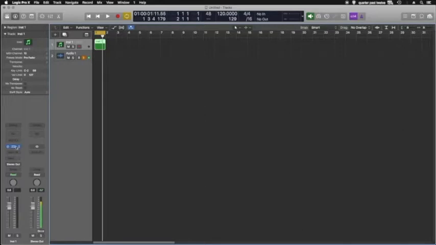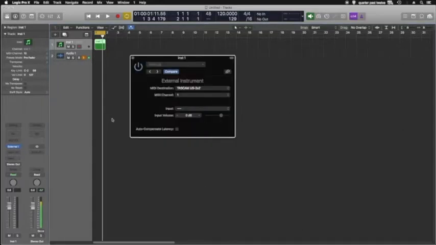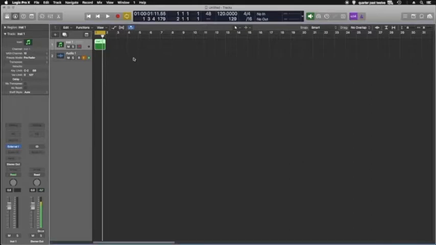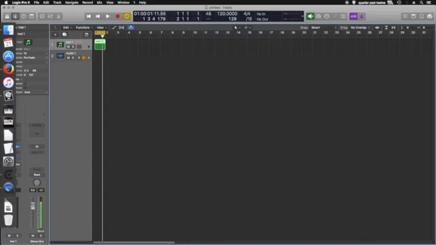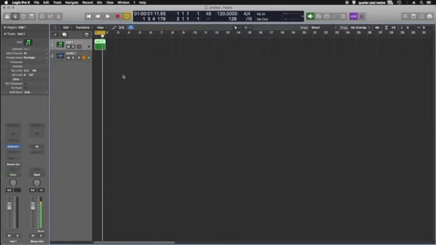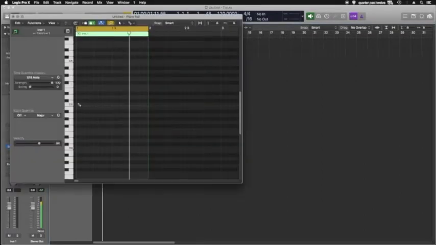So the MIDI data is going from Logic to the output of the Tascam, to the input of the Tascam, and then into VCV Rack. And that's how you're getting your MIDI data into VCV Rack. And then the audio from VCV Rack is coming out to SoundFlower, and it's going back into Logic, or whatever your digital audio workstation is, through SoundFlower. So theoretically,